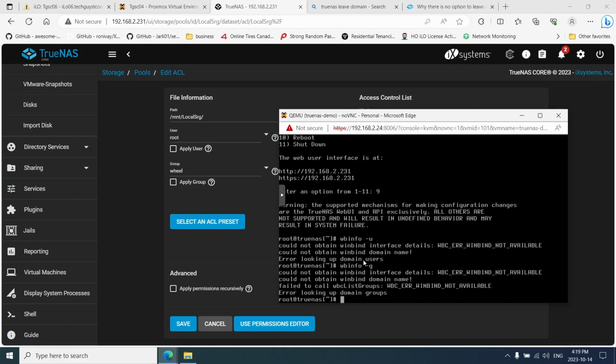If you try to change the user, say for example back to root and the group back to wheel, it will error out and it will not let you do it. Straight up, your data is hostage in your TrueNAS server. Now,